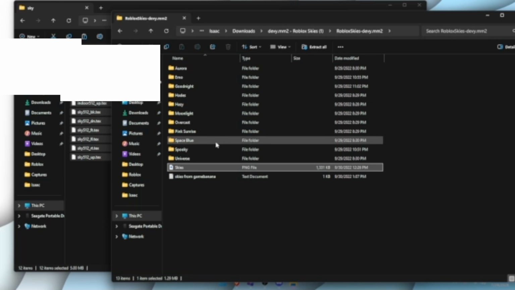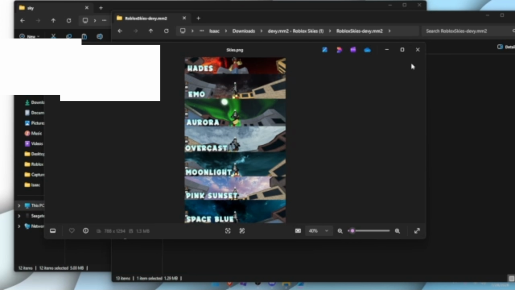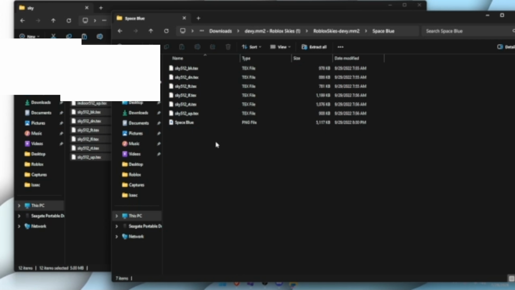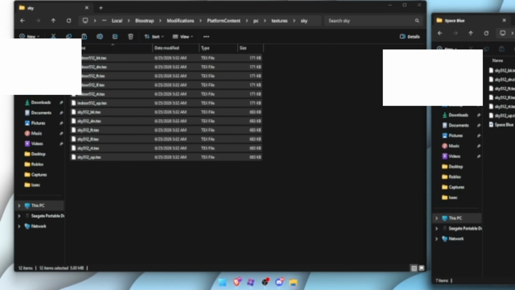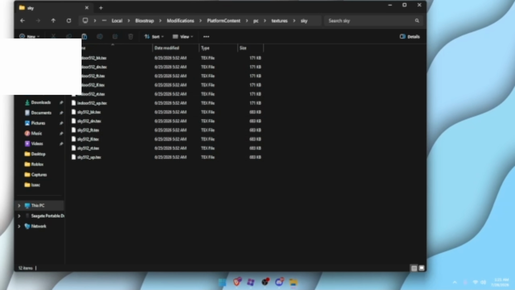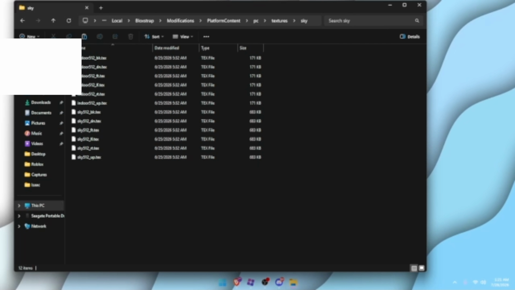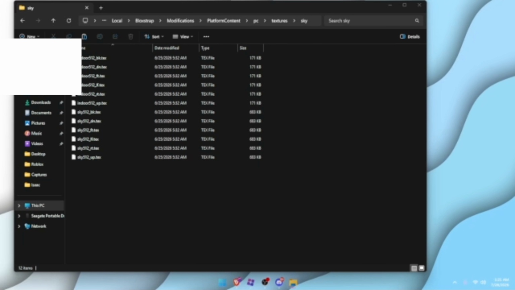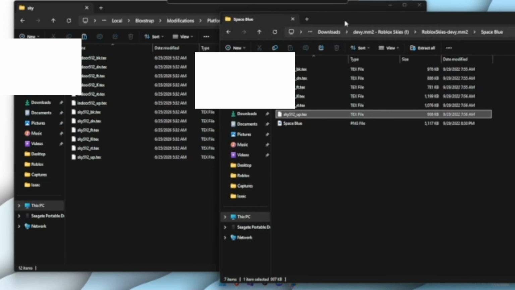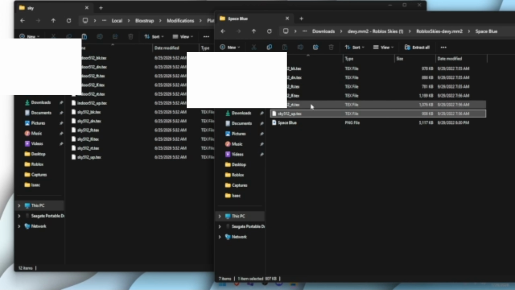I am going to do, which one? Space Blue for this tutorial. So now what you're going to see, you're going to see this. You're going to select everything that is not the thing that says Space Blue. You're going to select everything that's not Space Blue. So you're going to select all these